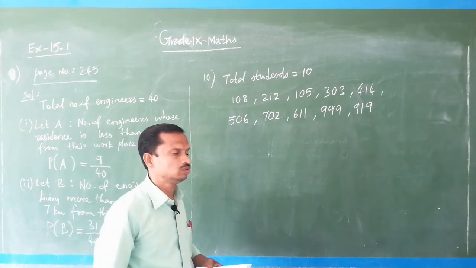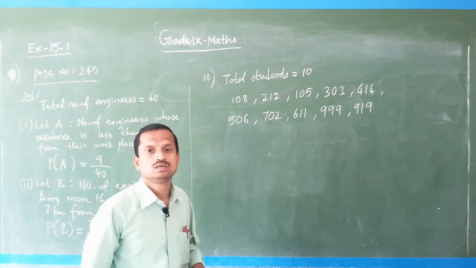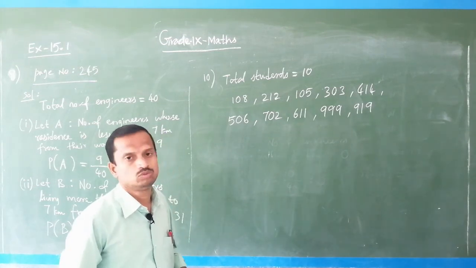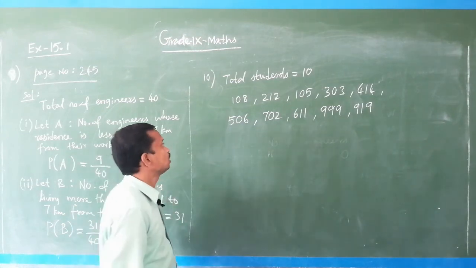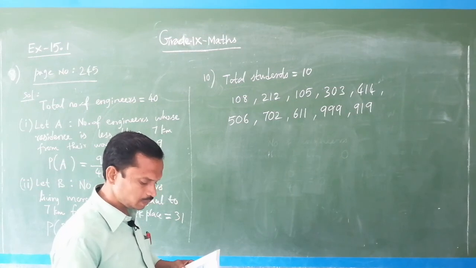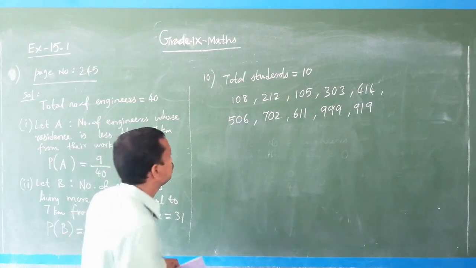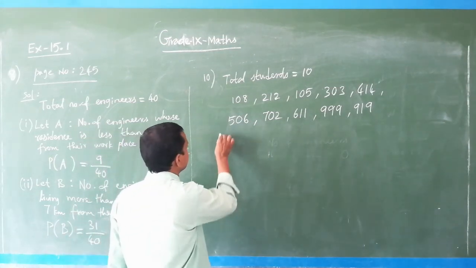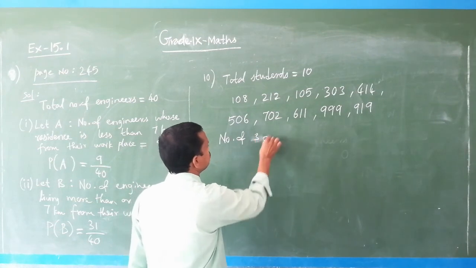You know, a number is divisible by 3 if the sum of the digits, when you add all the digits, is divisible by 3. So, here how many numbers are divisible by 3? You have to find the probability that the number is divisible by 3. For example, the number of 3-digit numbers